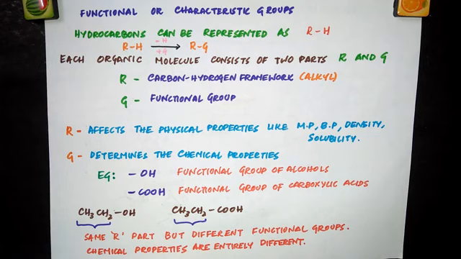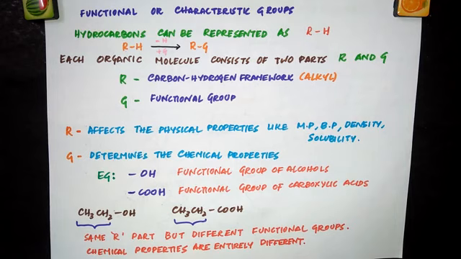As I told you already, hydrocarbons are the parent organic compounds. And what are hydrocarbons again? Organic compounds which have only carbon and hydrogens and no other atoms are called hydrocarbons. So you can represent a hydrocarbon as R-H. This R is called the alkyl part, bond H. For example, CH3-H is methane. Methane is a hydrocarbon which is nothing but CH4. So that CH4 can be written as CH3-H. That CH3 part is commonly represented as R, which can be called an alkyl group.